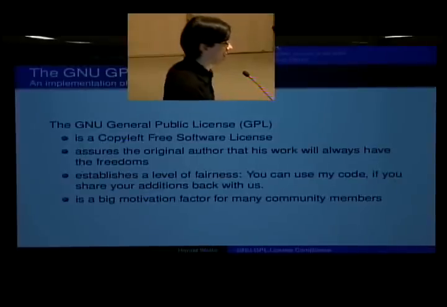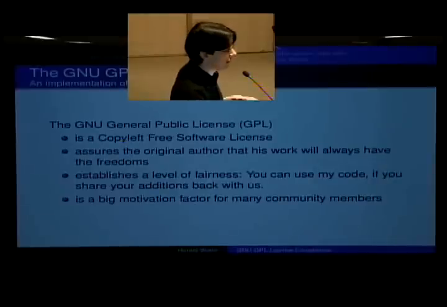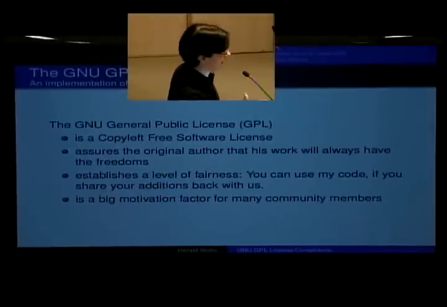But whatever that company adds to this software, you have to give that back. You can think of it as a kind of payment in kind. And this method of sharing advancement of software inside the free software community is a motivational factor for software developers such as myself.